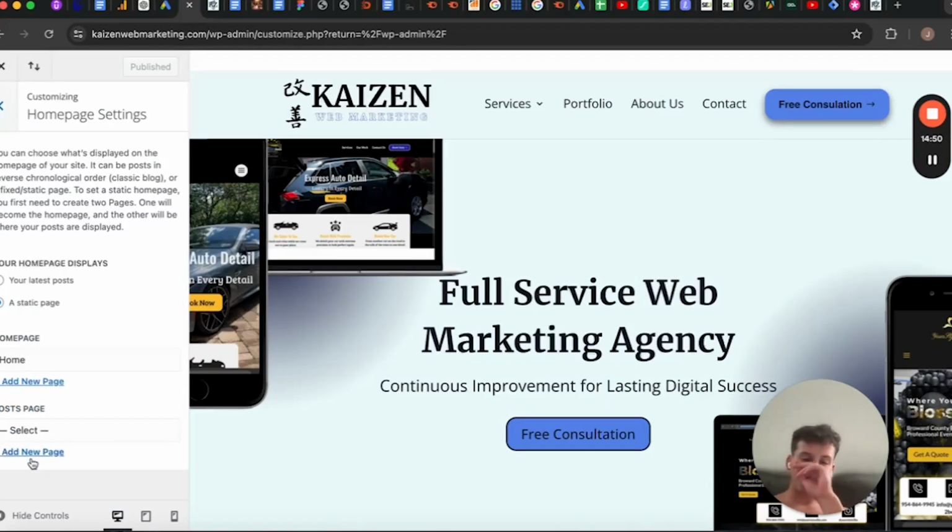Homepage setting, this is an important one. This is just making sure what do you want your homepage to be. When people first go to your website, they click your URL. What do you want it to appear? Do you want it to be your blog? Do you want it to be your landing page? Do you want it to be just everything to know about your business? You get to choose that. And then going forward,